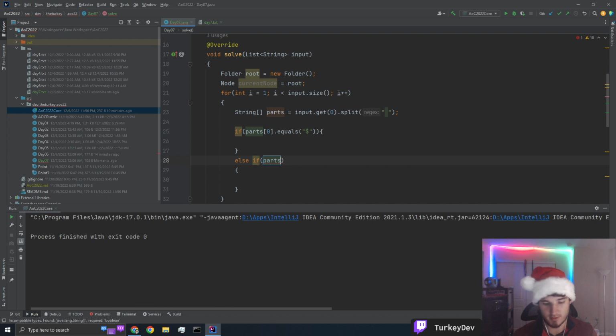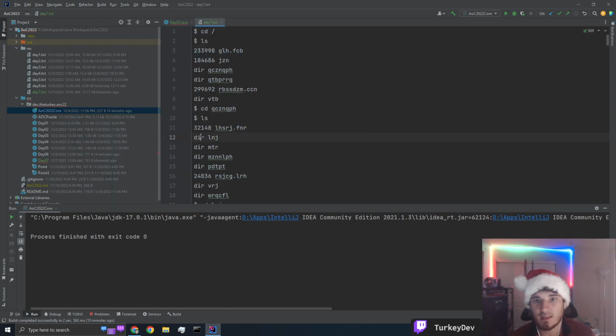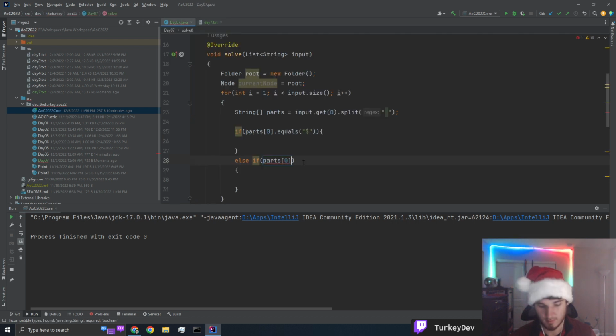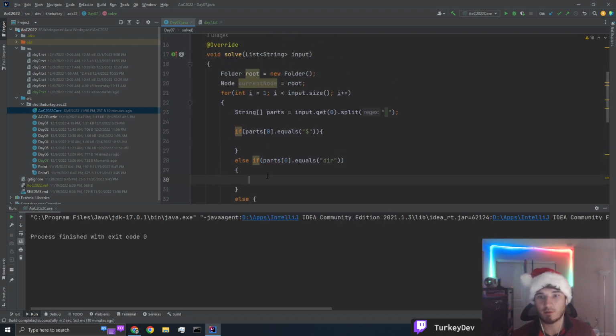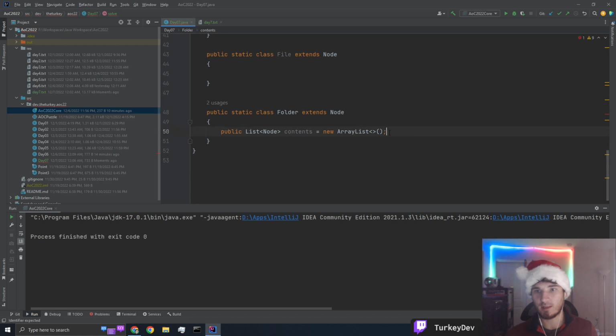Else if parts 0, it's either going to be dir or a number. So we'll just do dir first. And then we'll do an else down here. So for directory, we're going to have to do current node. And so we're going to need to do